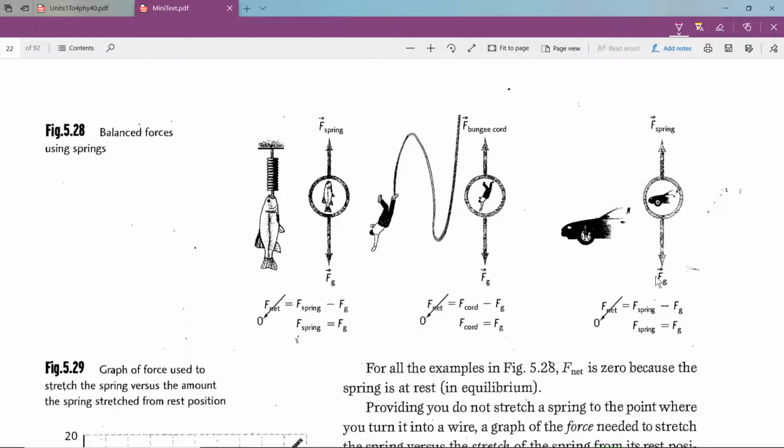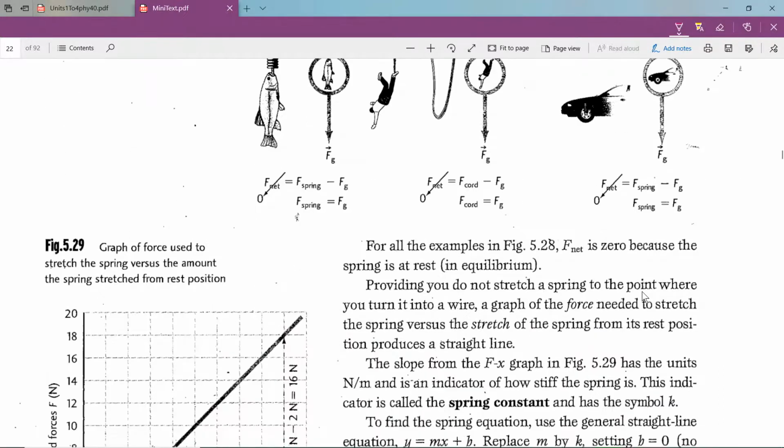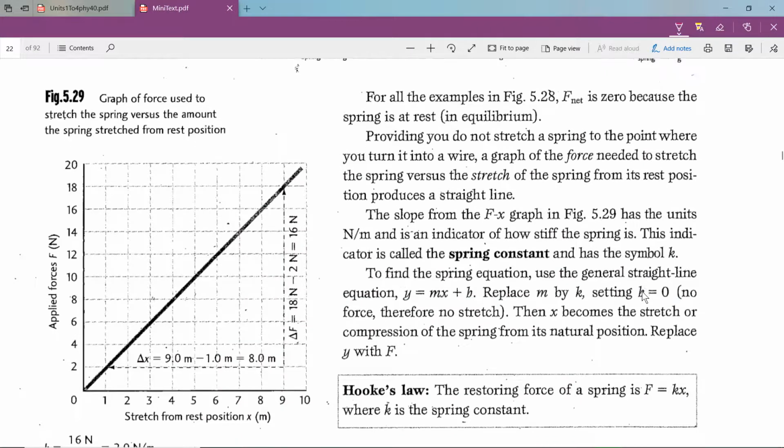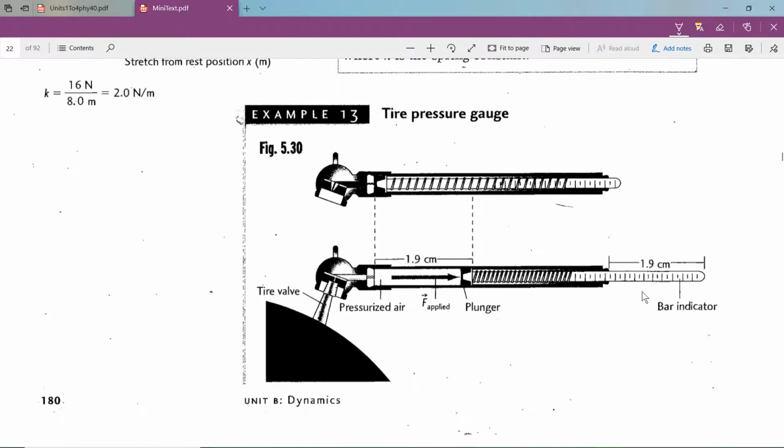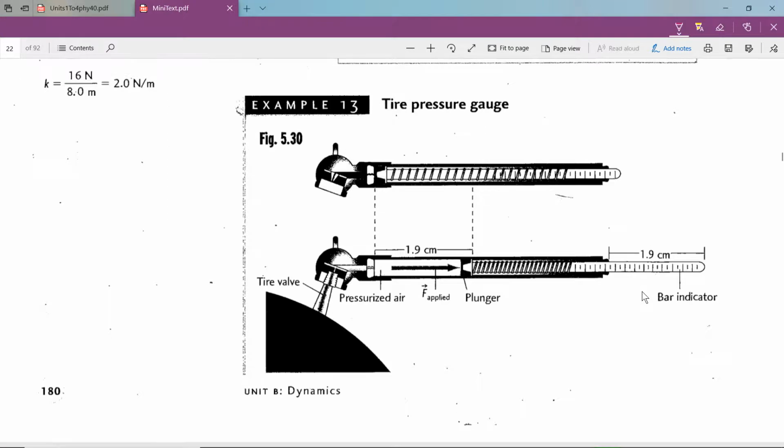Here we have gravity and the spring force associated with your shock absorbers in the suspension of your car. Okay, there's a graph showing how the relationship comes from, and here's an example of,